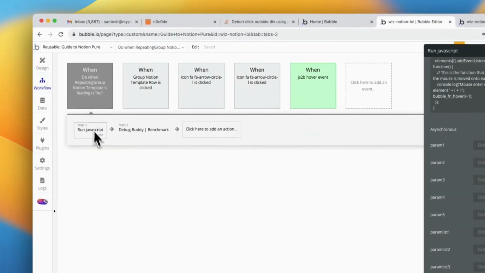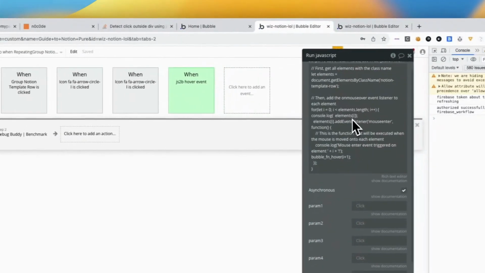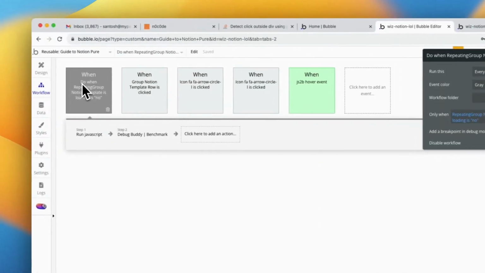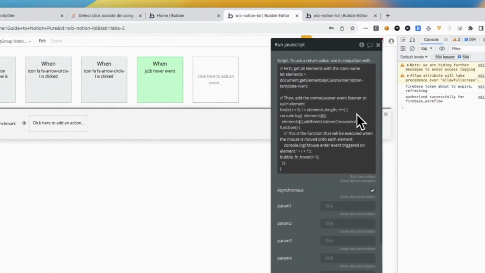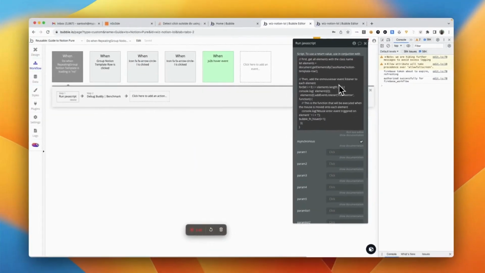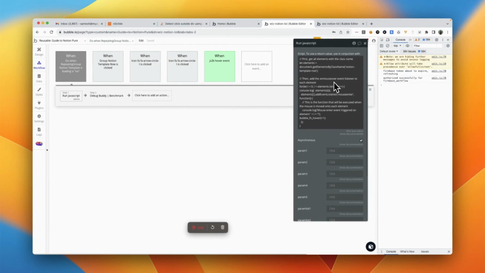Now when this gets loaded, this gets run, do in the repeating group every time. And I'm doing it every time because let's say there's another set of loading happen, I want events to exit it again or trigger again. So then I'm setting up a mouse listener here. The mouse listener is for the on enter event. It loops through all the elements and